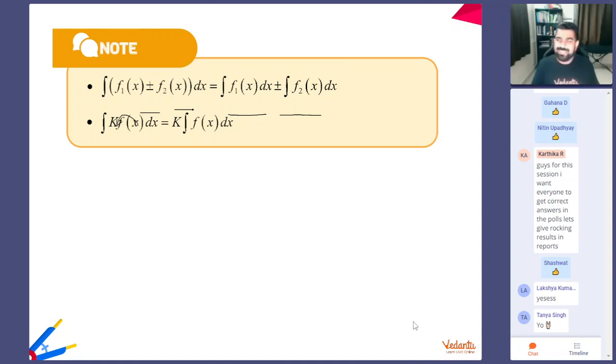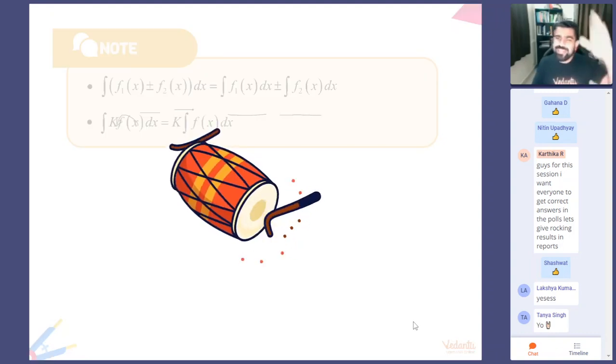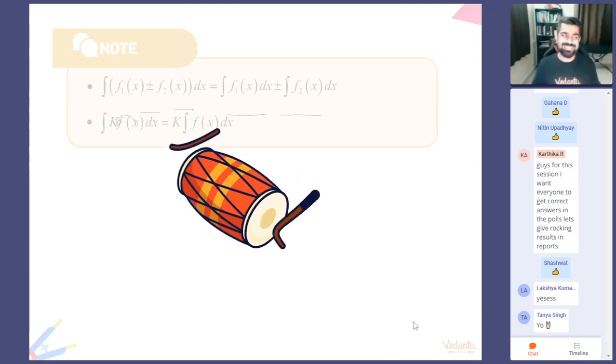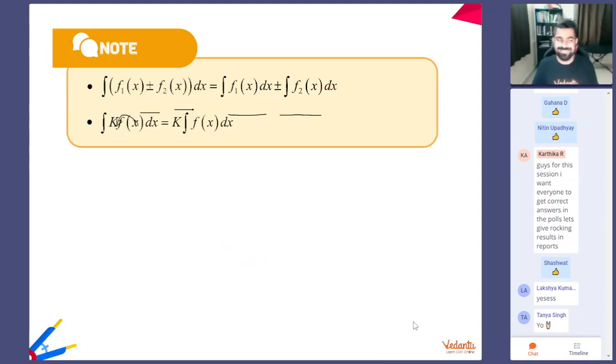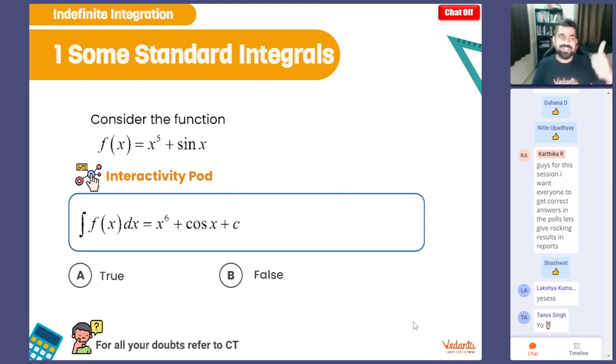Got it? So now, people, it's time for you all to answer. I hope you are ready. If not, let me make you ready. So the first question for you all is right on your screen. So you all take your time and do it. Go back, search the formulas. Which formula should I use for this particular question? And then get it right. Okay. I will give you a lot of time, but people, I want you to answer correct.